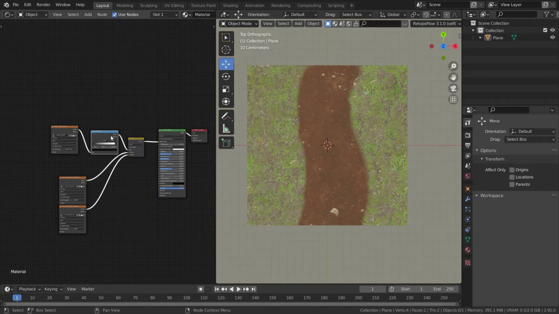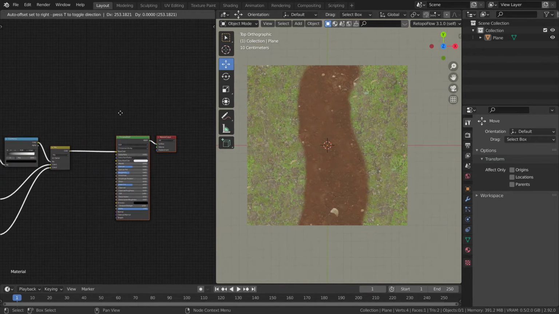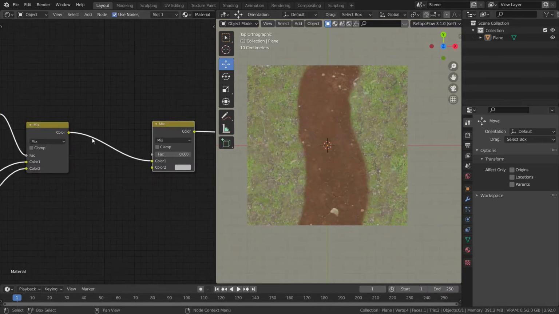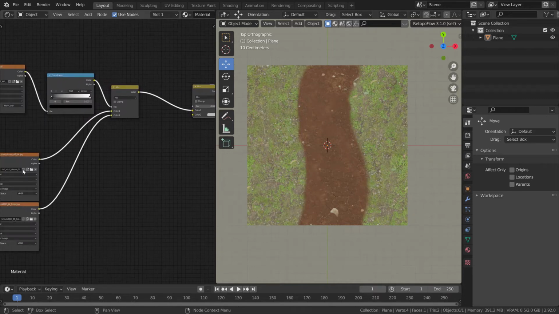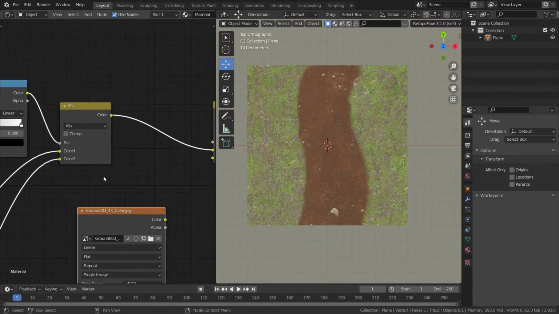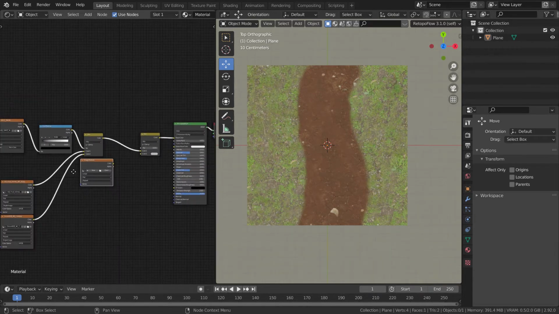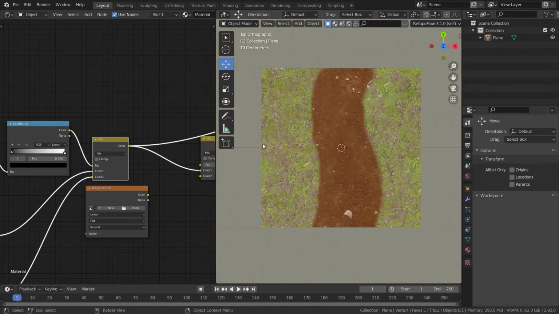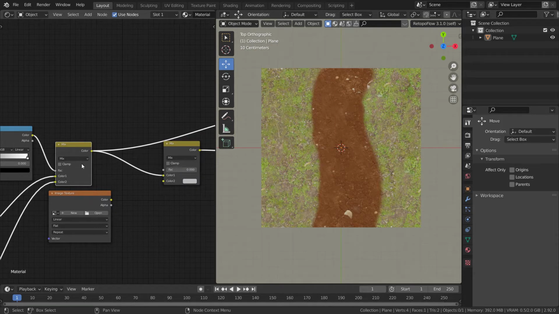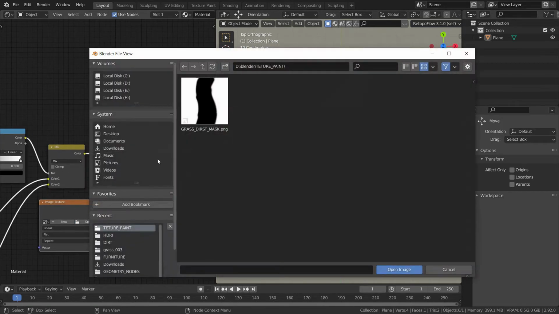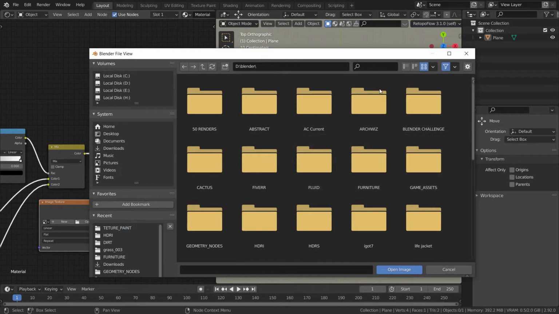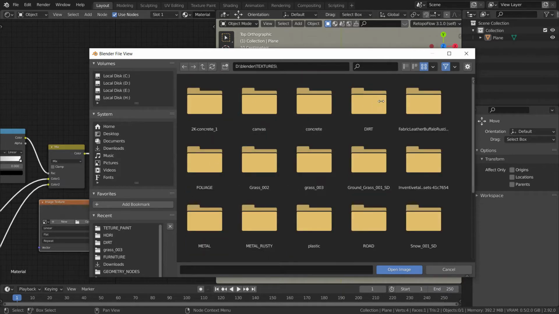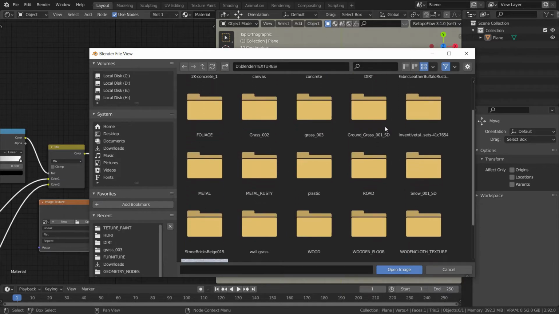Now imagine if you want any other texture over it. What you will do is just have another mix RGB node. Let's plug that right into there, and suppose I just take another texture. Now assume that this is your final texture and you want something else on top of it. So you just have another image texture, and then we will have another texture for that. Let's find a texture. So what can we put over there?